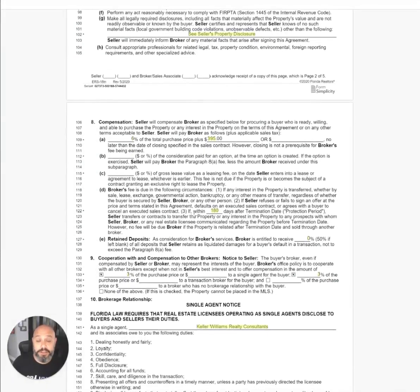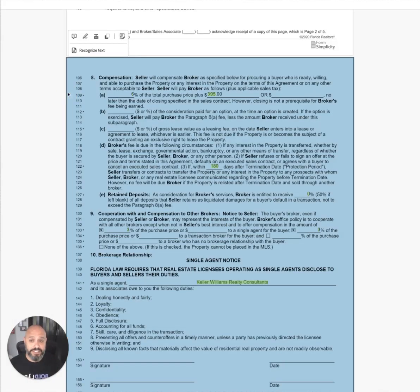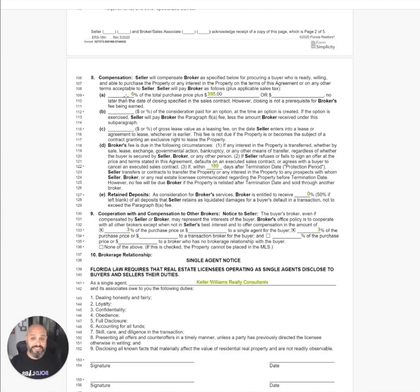As we go down to paragraph 8, this is talking about compensation and commission. Now, I'm going to tell you what I do when I'm preparing this. When I'm preparing this, I don't put in the price or the date. What I do put in here is my commission. I'm putting in here 6%. I'm saying that my total commission that's going to be earned on this sale is 6% of the purchase price